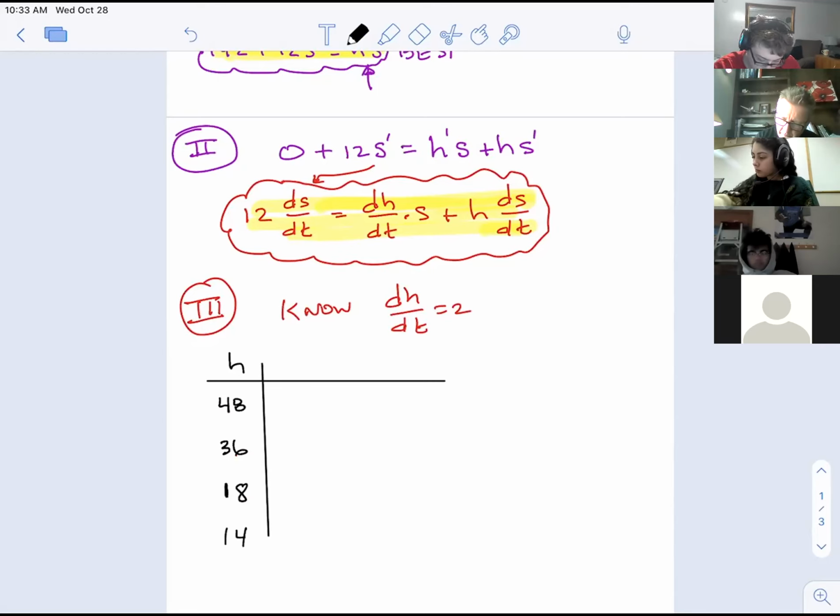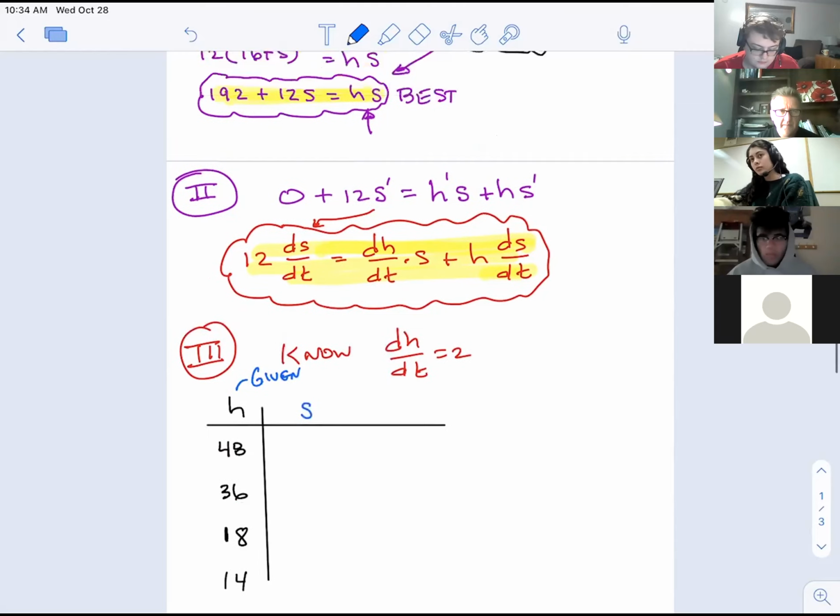So I'm just going to write a little note here that says these also have to be given to us. But now that those are given, does it make sense we can actually figure out S ourselves? And this is kind of what Vale was getting at. So we can find S ourselves by looking back at that equation. But in the language of what we've been studying lately, isn't this an implicit equation? In other words, it's not solved for H or for S. And that's great, but I would really like it to be solved for S, just so that I can stick 48 in for H and not have to work so hard. So let's resolve that equation.